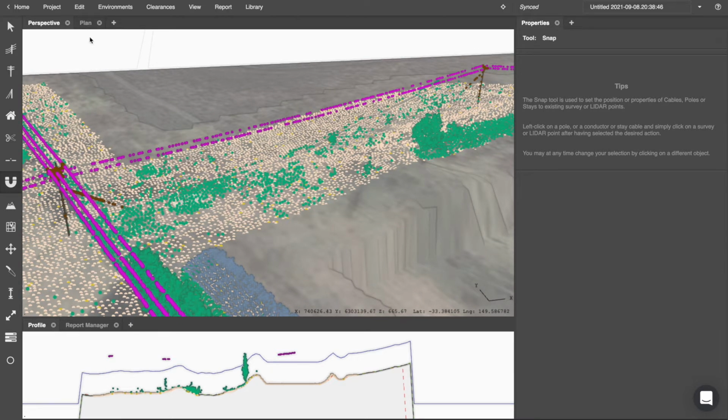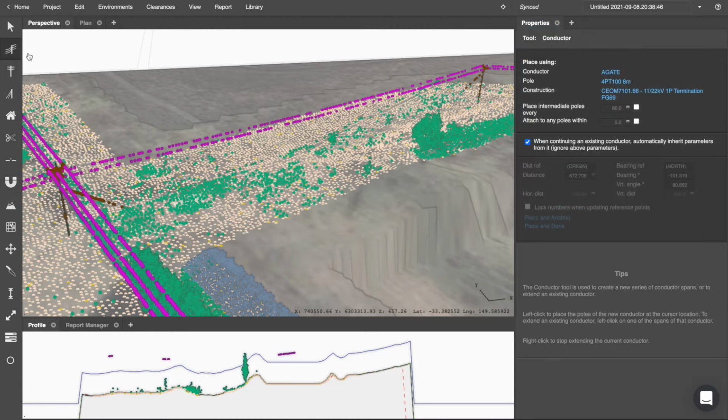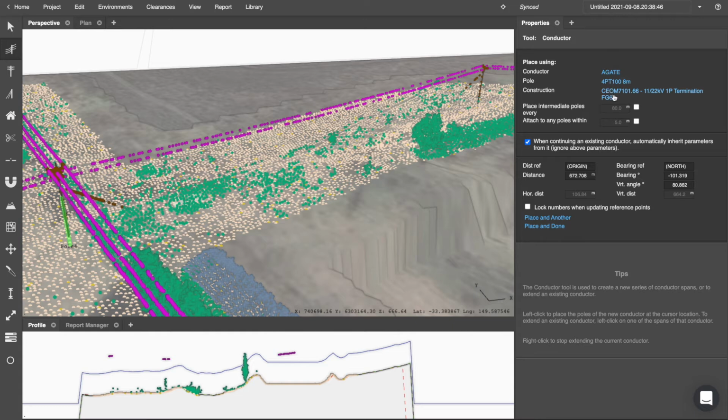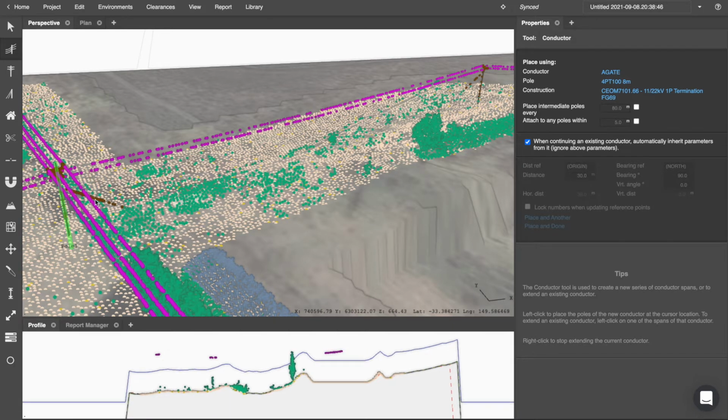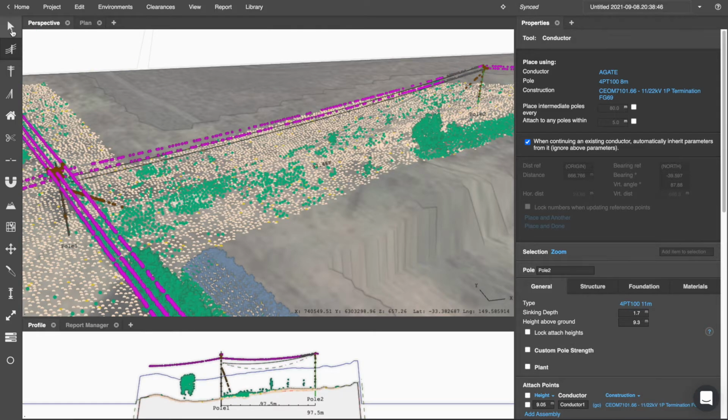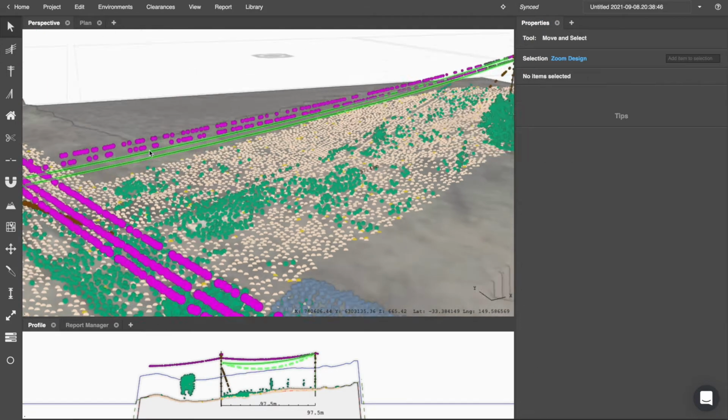Modeling the cable is pretty simple. What we need to do is click the conductor tool and find the appropriate construction that you're going to be using. So I'm using a single phase construction here. And now that I've got that selected, I'm just going to string it between the two poles by left clicking on them. Now this will just place it at random locations on the pole,